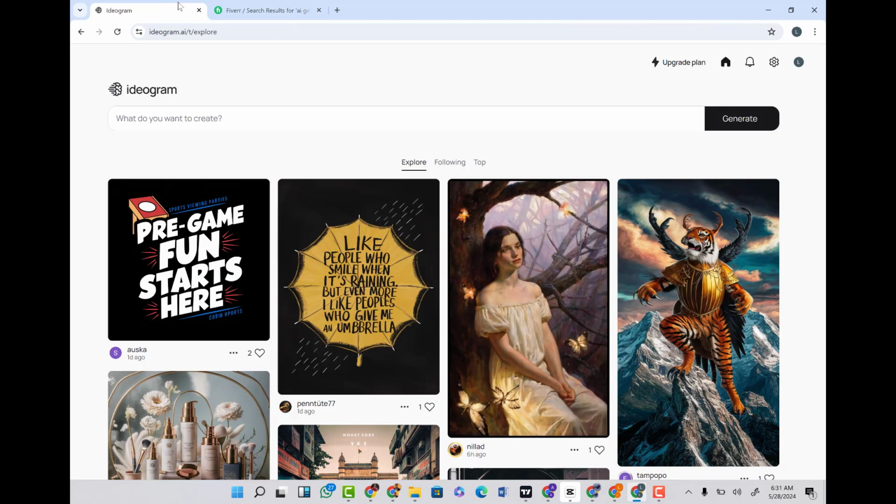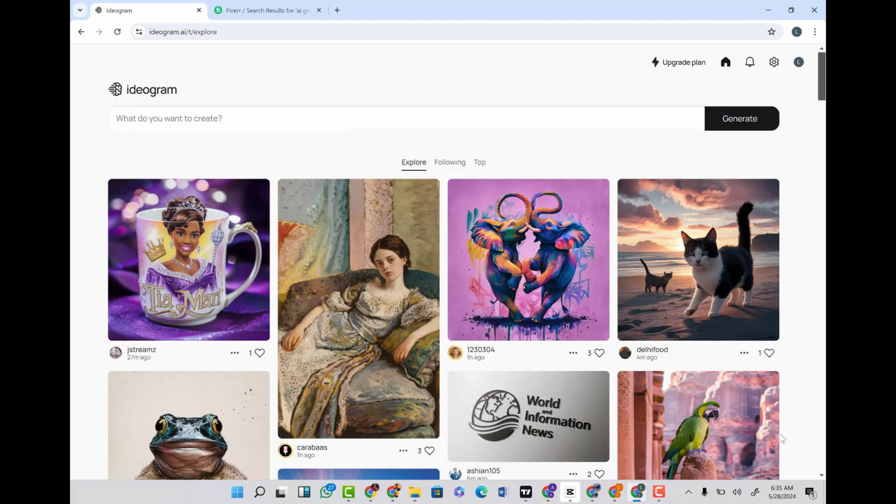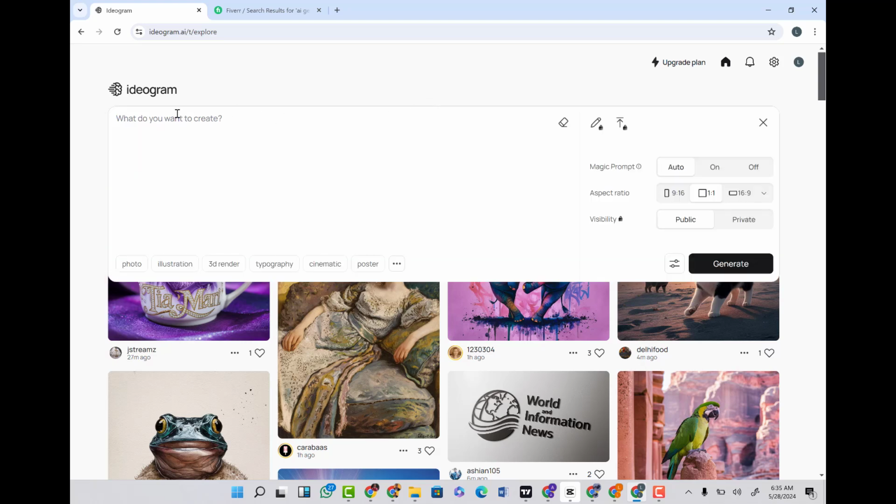Now let's take for instance this image that is actually here. Let's try to create something like that on Ideogram. All right, so you want to come here and type out what you want. But my first instruction is that how AIs actually work is that they require that you put in prompts. So my simple advice would be to make sure that you're as detailed as possible. Now let's start by creating an image about a child in Africa. So I'm going to type here, create an image